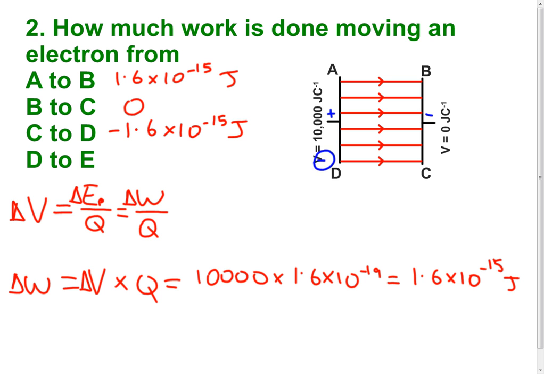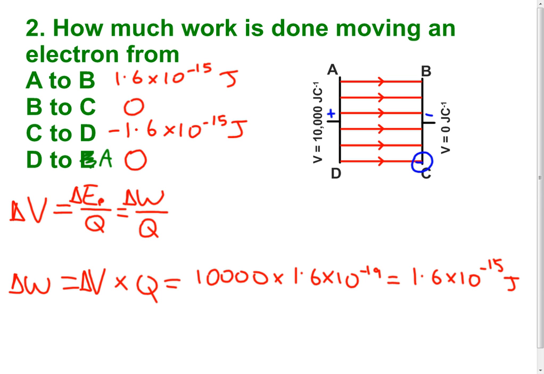And finally, from D to, it says from D to E. There is no E. It should say from D to A, of course. From D to A, the work done is 0, again, because it's moving along an equipotential. Interestingly, I've just thought of an extra question. What about moving from A to C? So if we moved it from A to C,